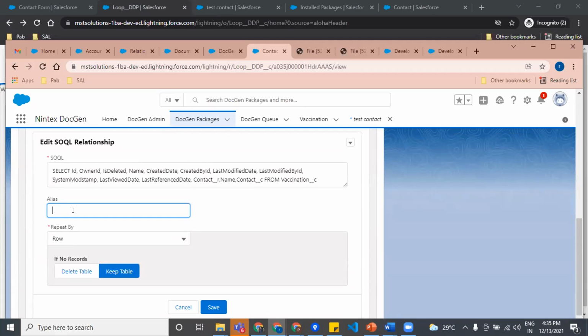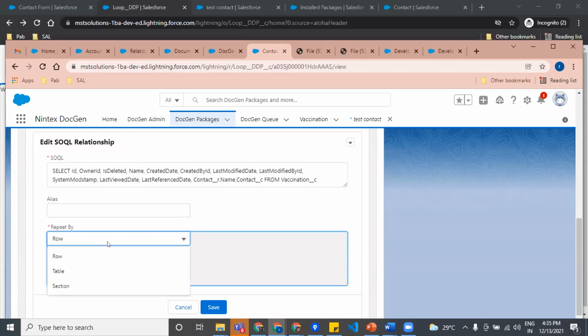If you don't want any alias name, just leave it as it is. After that, you will be able to see repeat by row, column, table. You can choose row, you can choose table as I have provided, and you can choose section as well. So how are these three things different from each other?